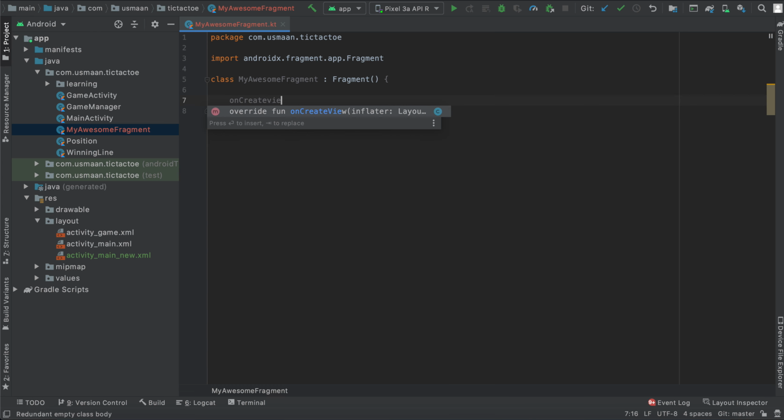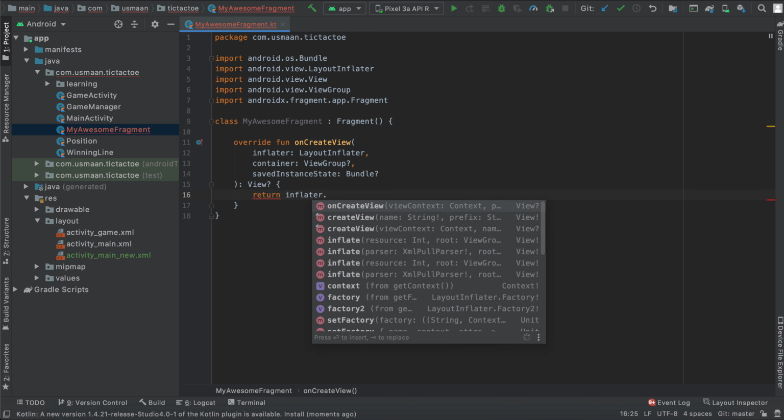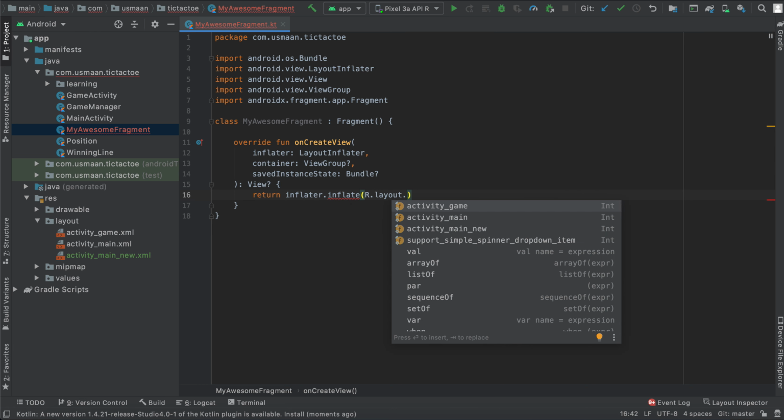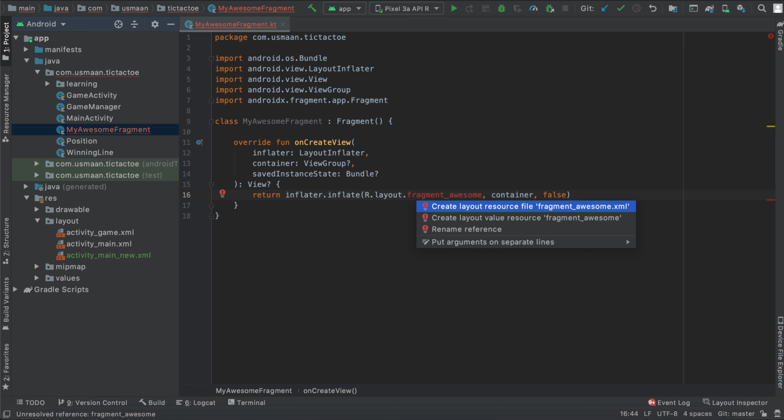And then I'm going to override the onCreateView, I believe it is called, and then I'm going to say return the inflater dot inflate R dot layout dot, let's see, we'll call it fragment_awesome, and then it requires a container, and we'll say false over there. Let's create our layout by doing Alt Enter, and then